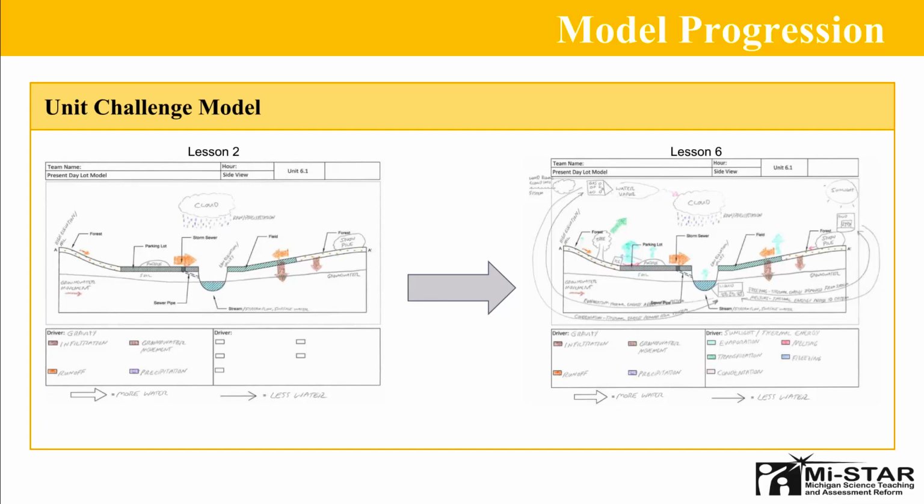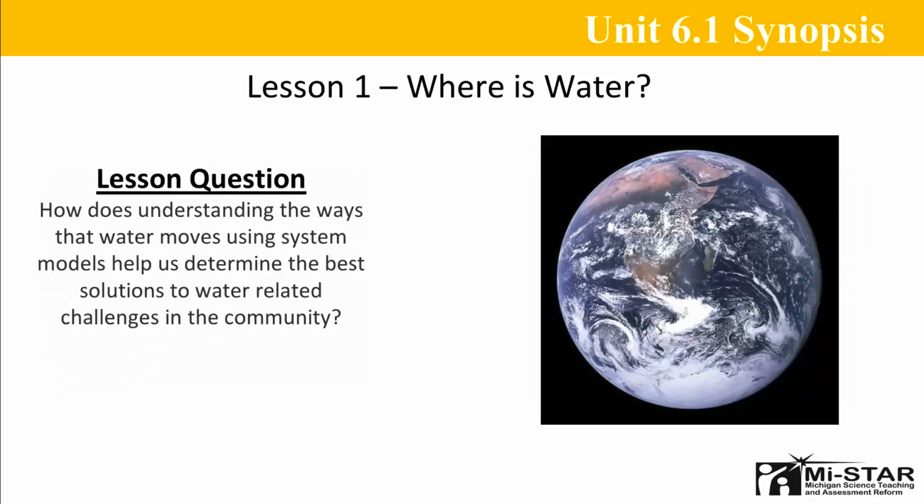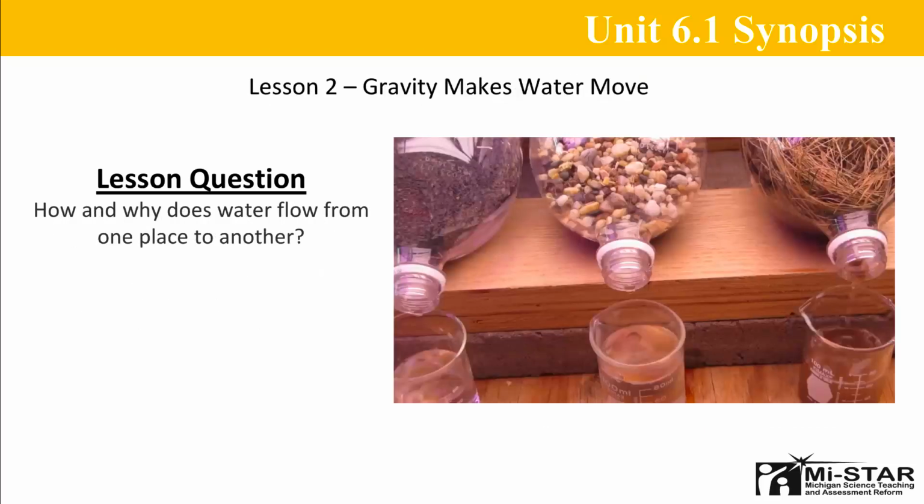We are now going to focus our attention on brief summaries of the lessons that compose Unit 6.1. In Lesson 1, students consider the locations of water on a number of landscapes as well as in their communities through a water scavenger hunt. It is during the Connect Your Idea phase that students are introduced to the unit challenge scenario and unit challenge question. For Lesson 2, students use models to explore how gravity influences the movement of water through processes, including infiltration